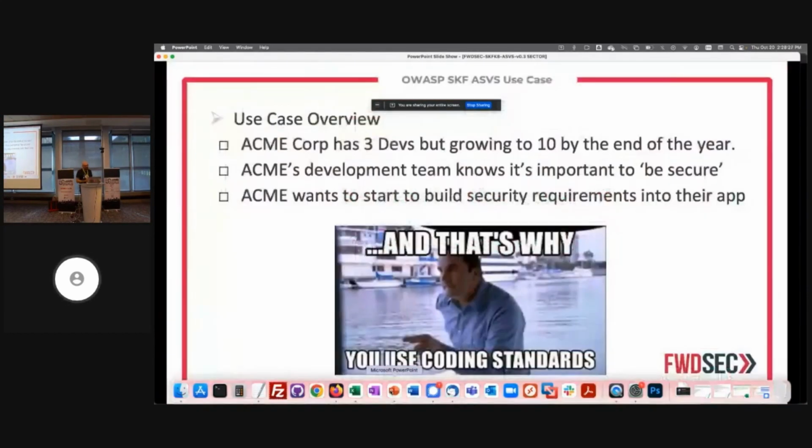The particular use case is that you have a company, Acme Corp. They have 3 developers, and they're growing to be 10 people by the end of the year. And the development team knows that it's important to be secure, right? But they're all looking at each other, and they want to build security requirements into their app. And then they say, hey, we want a coding standard, right? And so it's like, well, okay, there's no coding standard, but the security knowledge framework can be used as a platform to achieve your goals, right? So Acme Corp, who's got 3 developers and doesn't have a lot of money, can go and implement this for free, and then get their 3 developers to